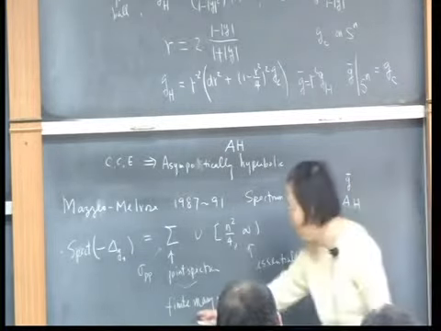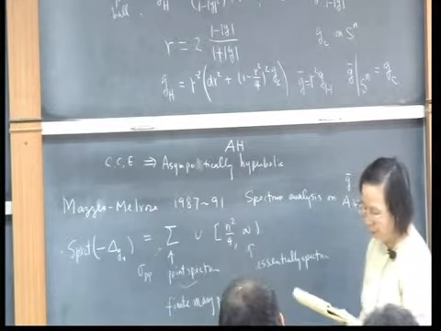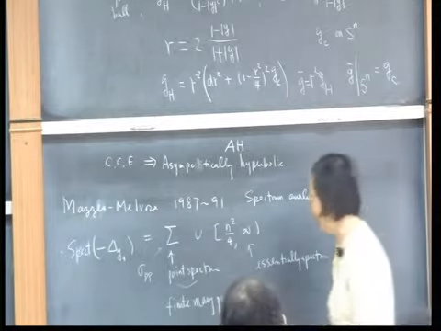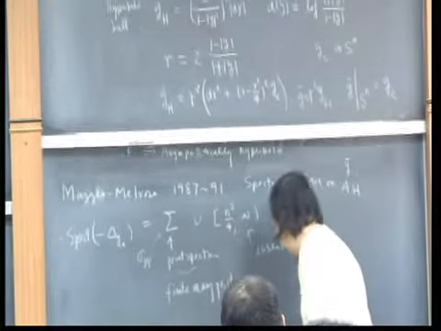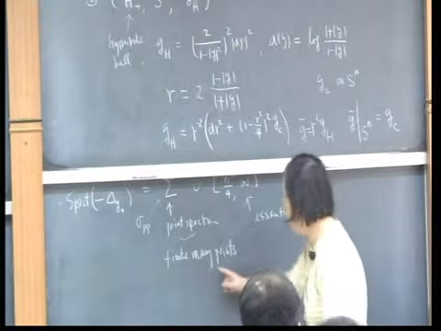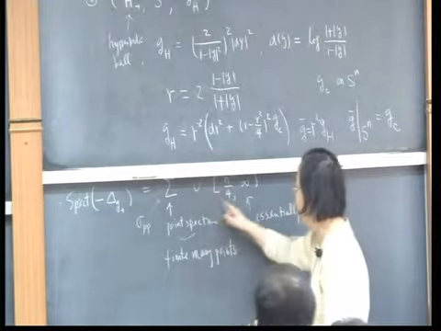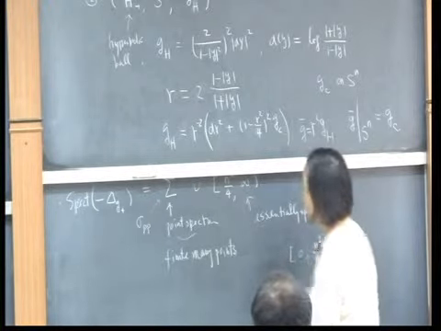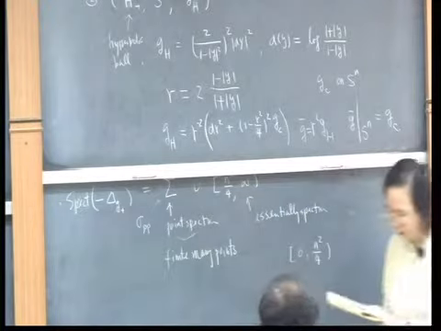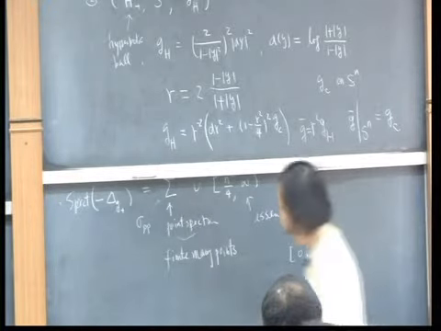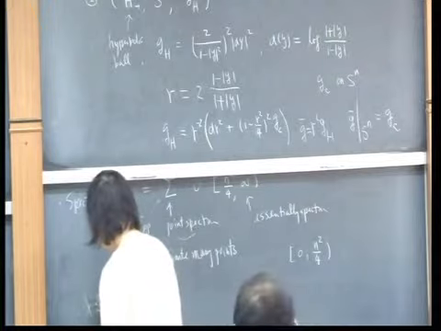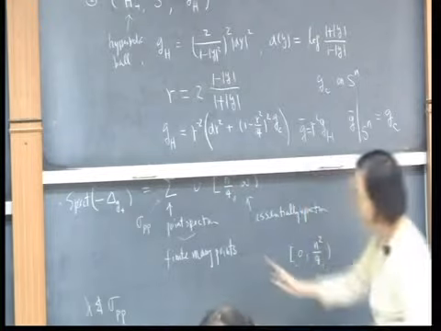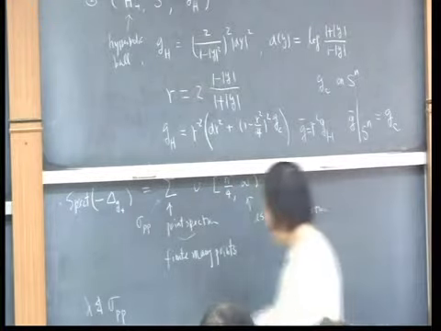So there are finitely many exceptional points, and except for finitely many points on the interval 0 to n squared over 4, you can talk about the Laplace operator being invertible. So if lambda is not in the point spectrum,